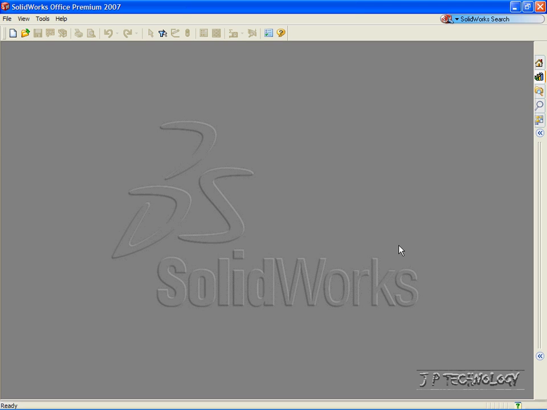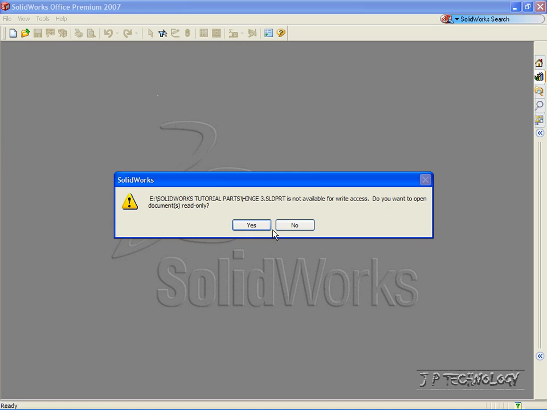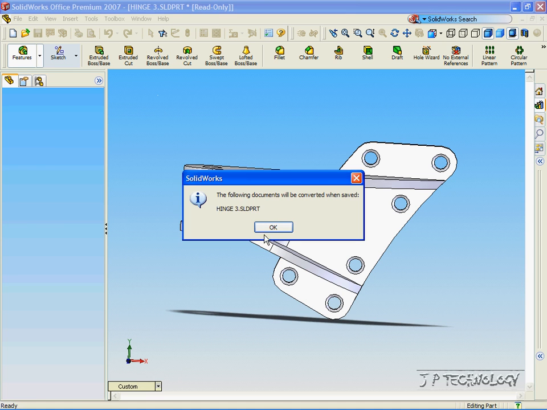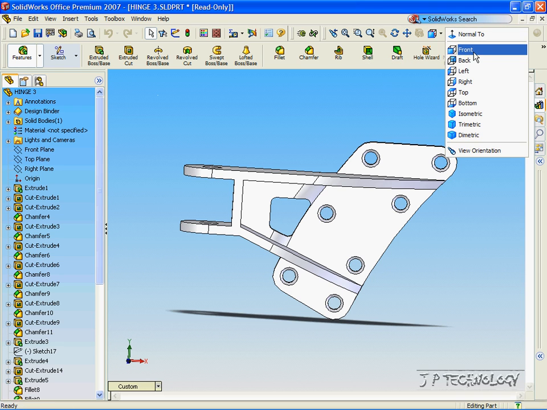This is tutorial number 31, and it covers all the views within SOLIDWORKS. To start off, let's open up Hinge 3, which is on the DVD. Now, the common views that we see in SOLIDWORKS are the front, back, left, right, top, bottom, isometric, trimetric, and